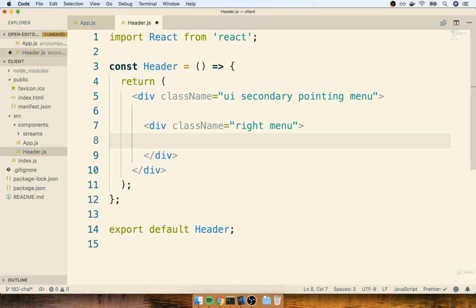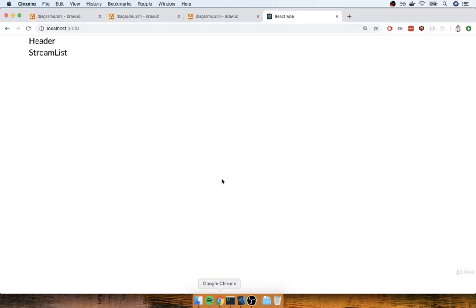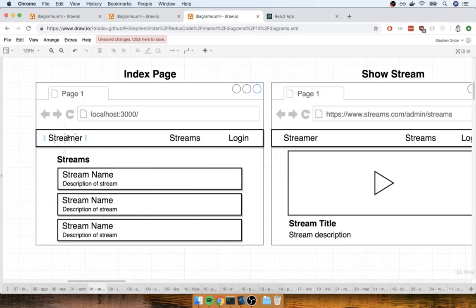Now when I say link tag, I'm talking about that link element or the link component from the React Router DOM library. Remember, the entire idea behind our header up here is that these are going to be links that the user can click to navigate around our application. So I want to at least make sure right now that this streamer kind of logo on the left-hand side and the streams link right here are both link elements that a user can click to navigate around our application.